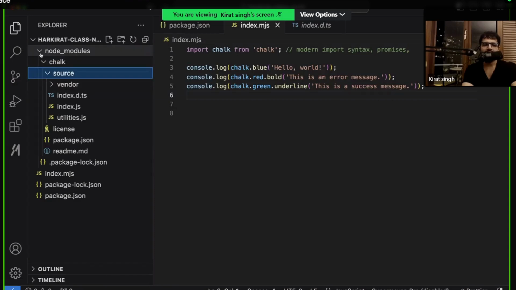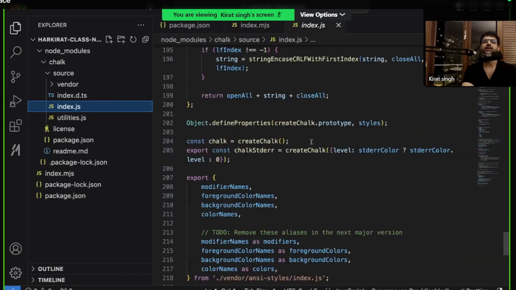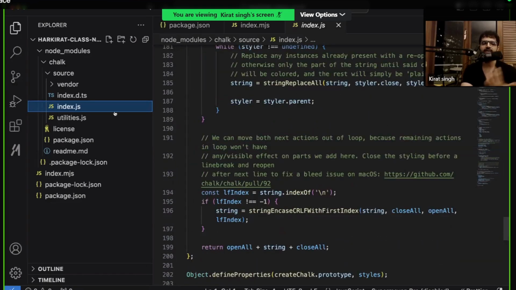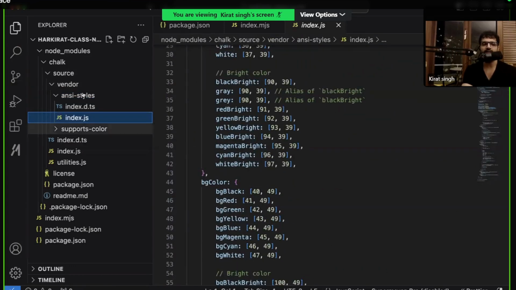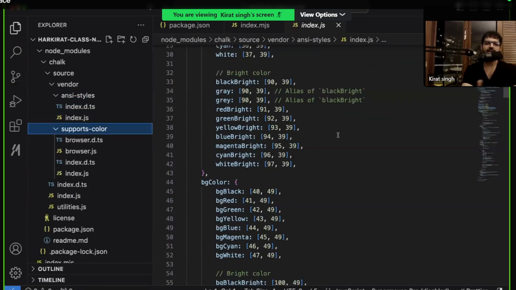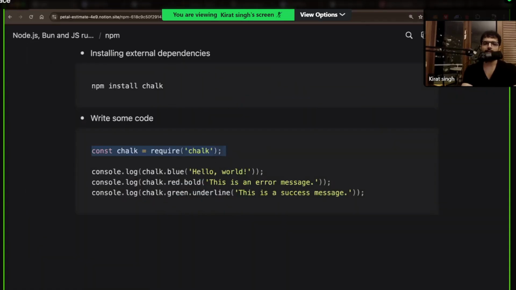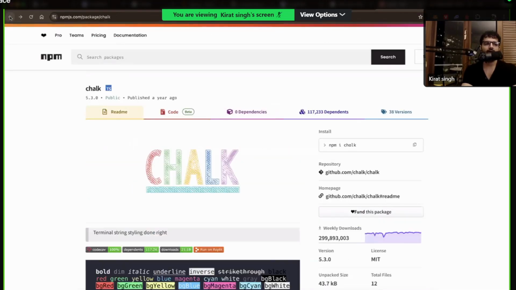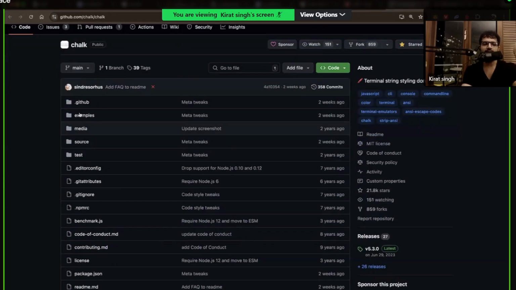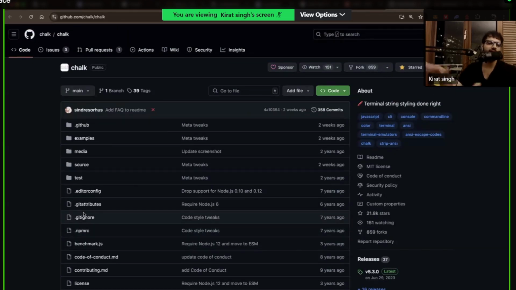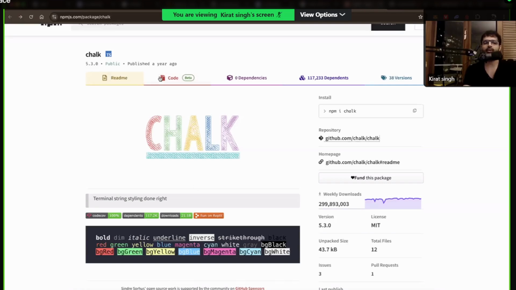If you really look at it, this node modules slash chalk slash index.js will have all of this code that actually prints the color in blue, underlines the file, and so on and so forth. So you will find all of the code that actually does this over here. Chalk as a library itself is also open source. If you go to their npm page, you can see there's a link to their GitHub page. If you go to the GitHub page, you can actually look at their code base over here. If you want, you can contribute to their code base. You get the idea. This library is open source on GitHub. This is them finally distributing it out on npm so people can bring their library locally and use it.